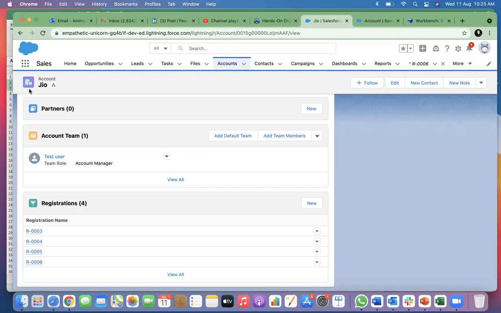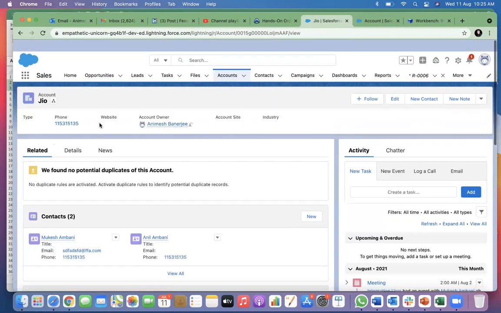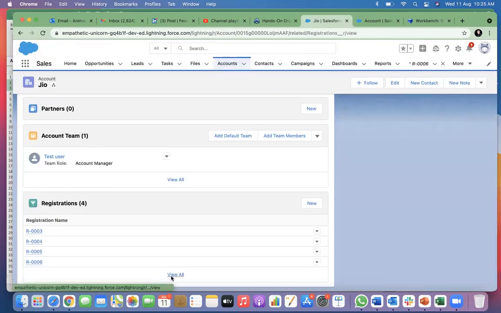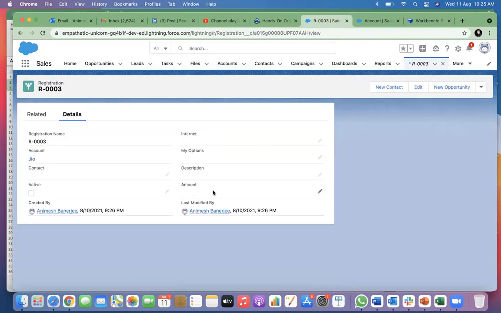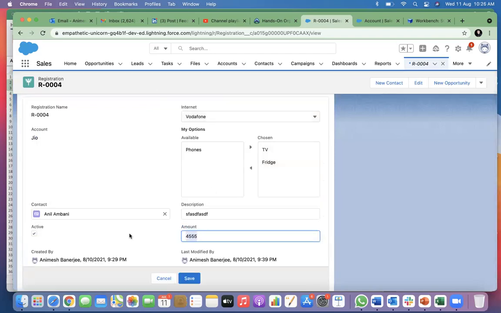Let's see the registration. So if I go, how many? There are, I think, let's see the amount fields. It's blank. 4,500. Let's make it easier to understand. So let's make it 100.